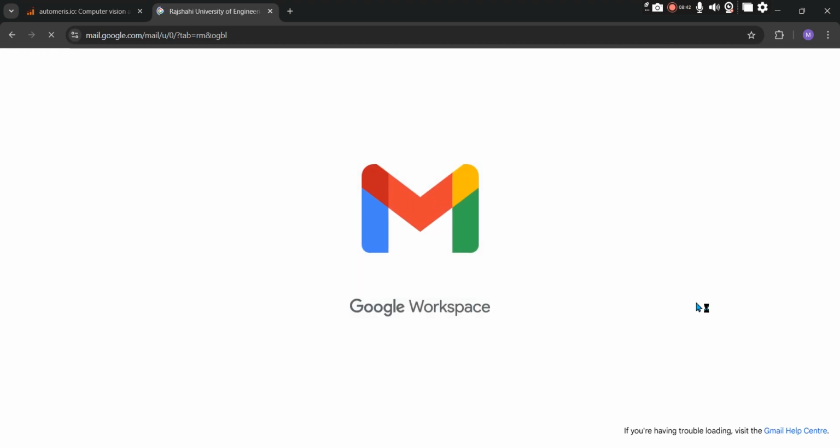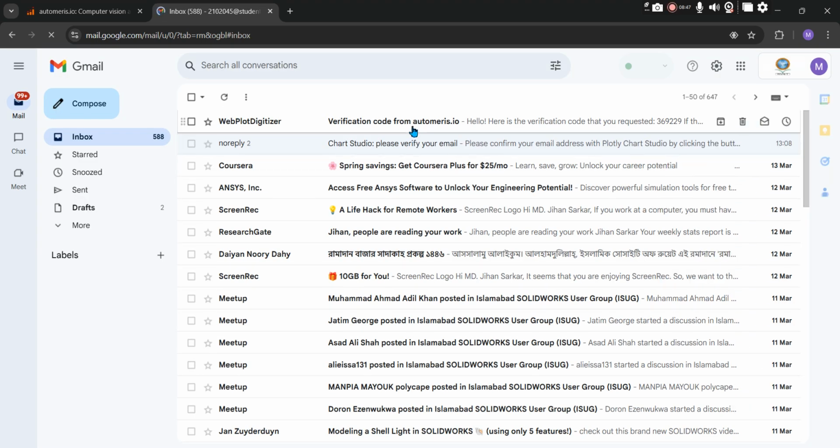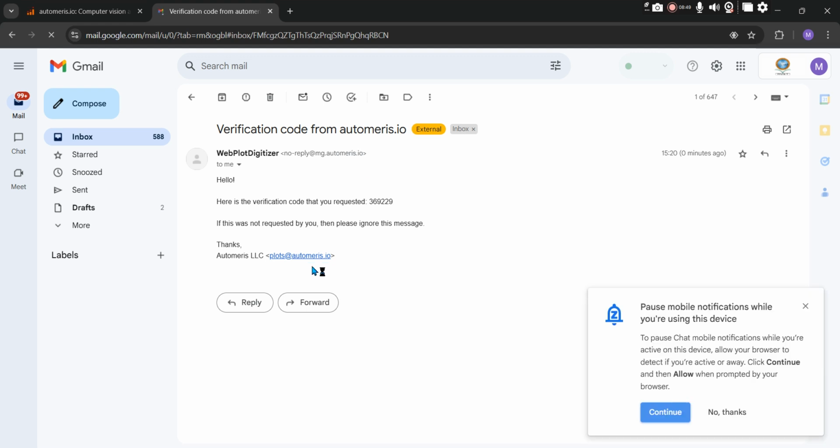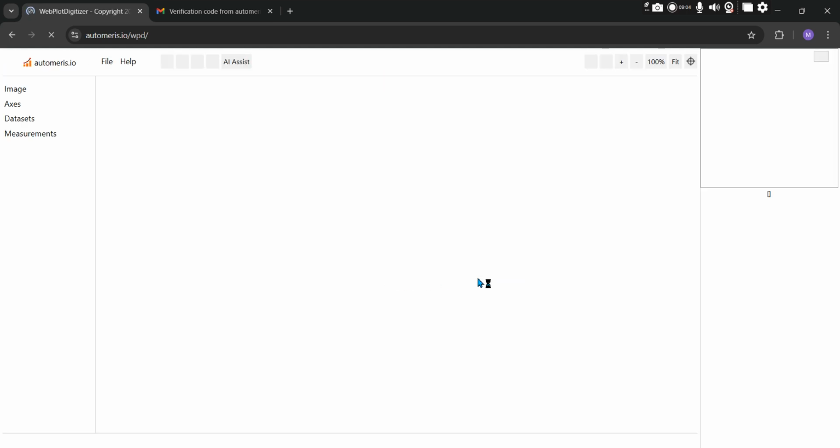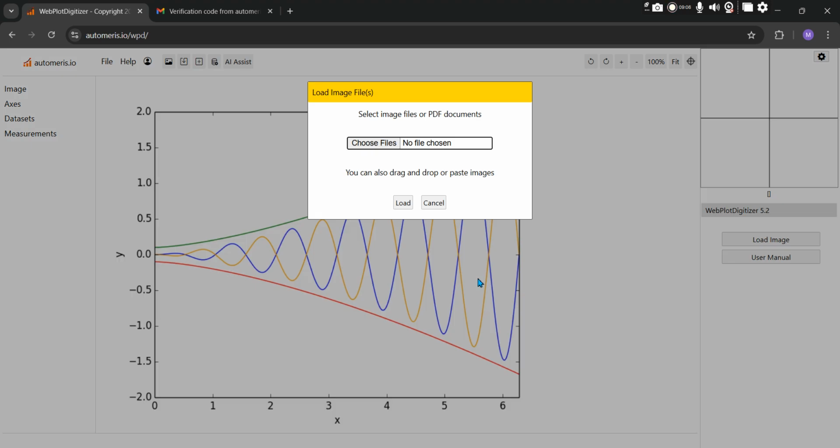I am creating an account in this software, in this website actually. I am going to verify and copy this code. Copy, go to here, paste this code and verify. And finally you can use it. Now choose file,